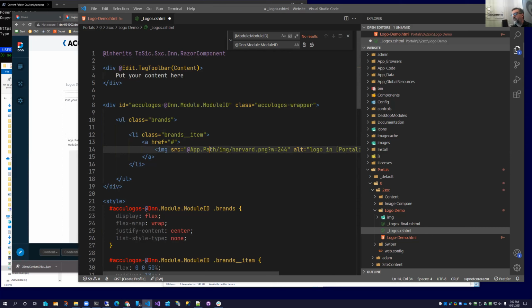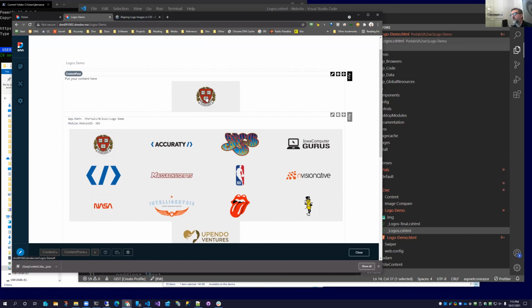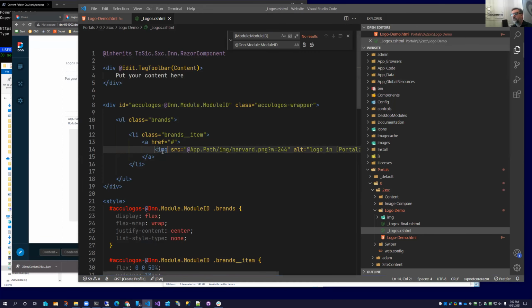So now it's .app with path, and Razor's smart enough to immediately switch with the slash. So if you refresh, we'll now see one item, and the app path should, if I have the folder in the right place, there's the Harvard logo from down here, and it mapped correctly because we use that variable, but we're not actually going to use that variable.